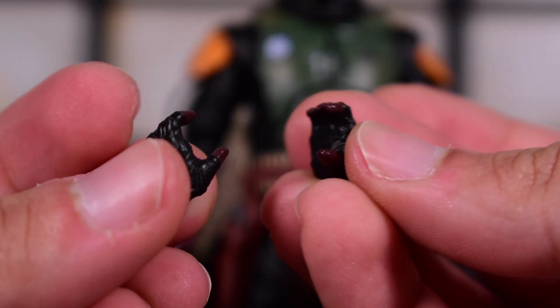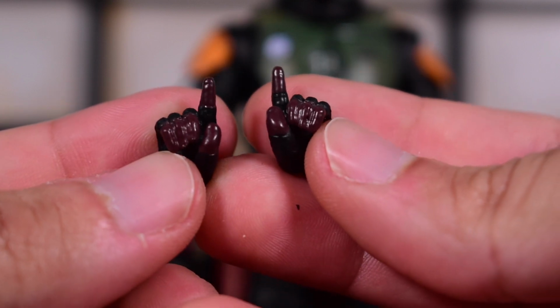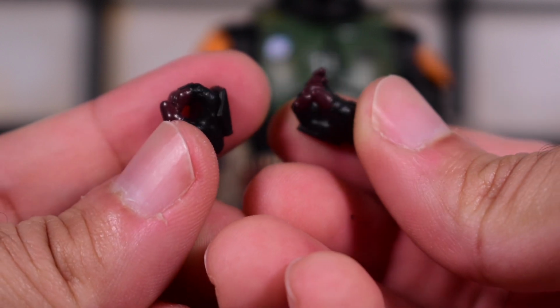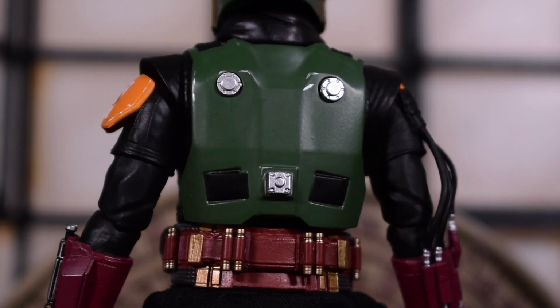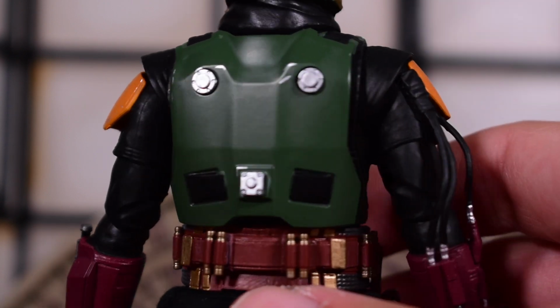Then we get some open grabby hands, some open non-grabby hands, some pointing finger hands, or these could serve as trigger finger hands or holding the weapon hand. And then we have some gripping hands for the gaffi stick right there. So that's cool. Alright, so Boba on his back has a molded piece here, and to attach his jetpack, you